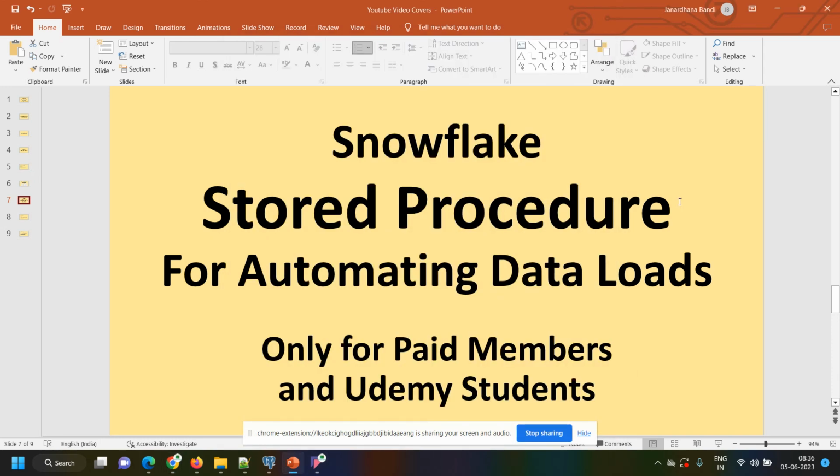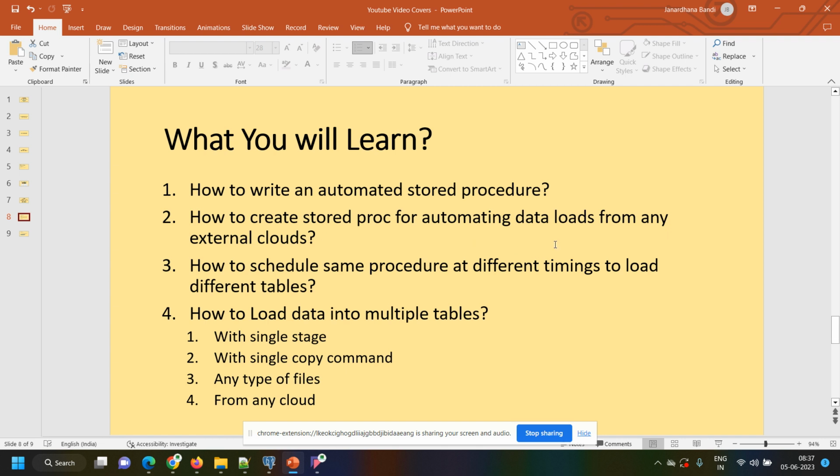Hi friends, today let's see how we can create a stored procedure for automating data loads. That means by using a single stored procedure, how we can load different files from different clouds to different numbers of tables. Okay, so after this session you will learn how you can write an automated stored procedure,